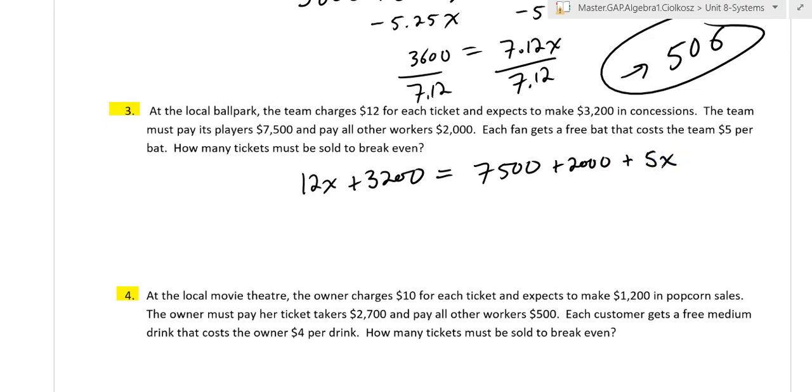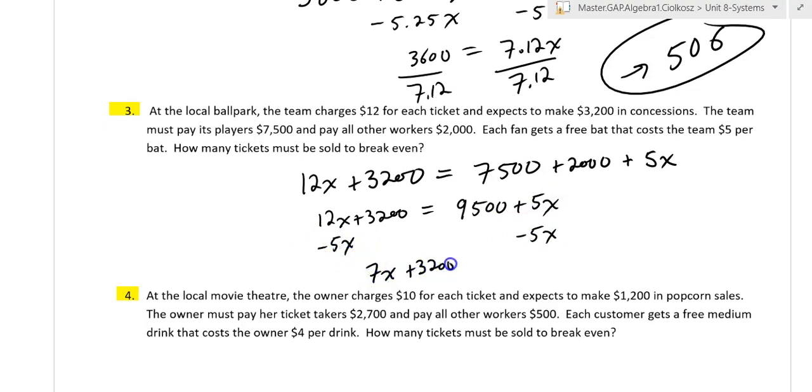So a little more work here, but we're solving the same kind of way. There's nothing I can combine over here, so that's just going to come down as 12x plus 3200. Over here I can combine my numbers. If, say, we solve this one to the left, again, it doesn't matter which way we go. Subtracting over here to isolate my x, that would give me 7x is equal to,